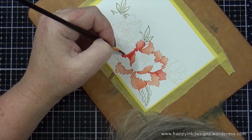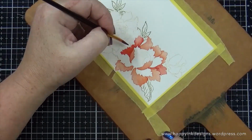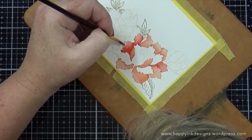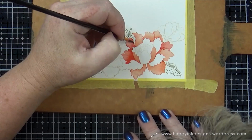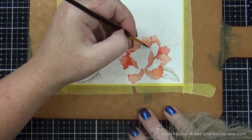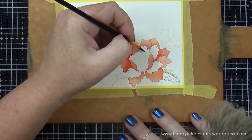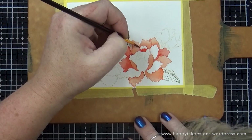So see, I'm doing the darkest color there at the base of the petal. The petal behind it though, I think is the other flower, so it's not really a good example, but see the petal to the right of it, you can tell it's a separate petal because it's two different shades of the same color. And for me, that's the hardest part of coloring flowers, is knowing where to shade and where